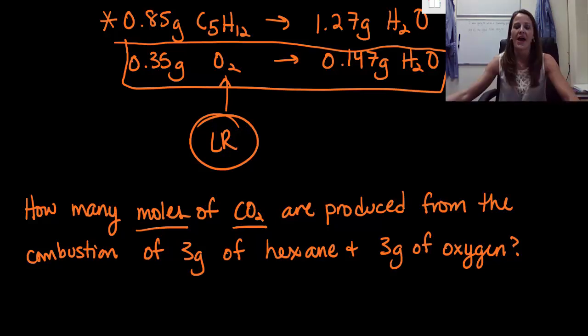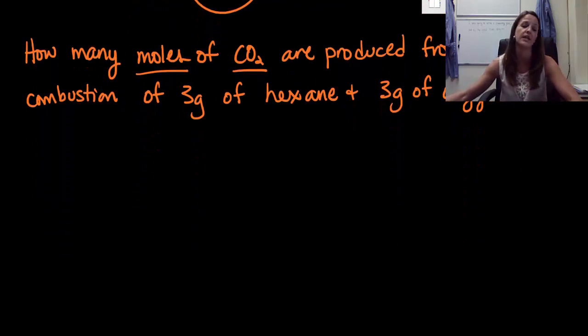Go. All right, did you get an answer? Hopefully you did. If you didn't, don't worry about it. This is definitely by far the hardest problem we've done this entire semester. So just hang in there, we'll get it together. All right, first thing you have to do is you must derive a chemical equation. If you don't do that, you have no shot at even getting the correct answer here. All right, so we said combustion of hexane. 2 big clues. Combustion, our hydrocarbon is hexane, so